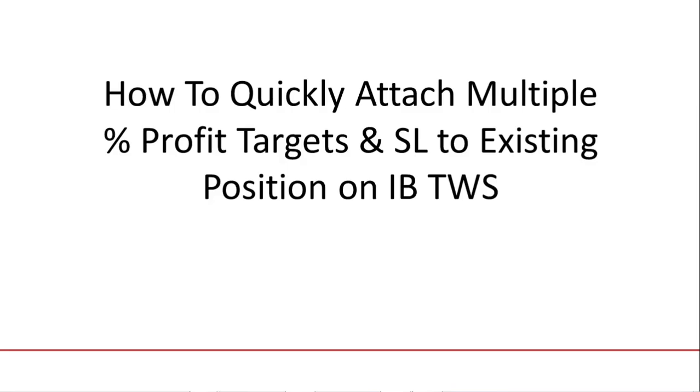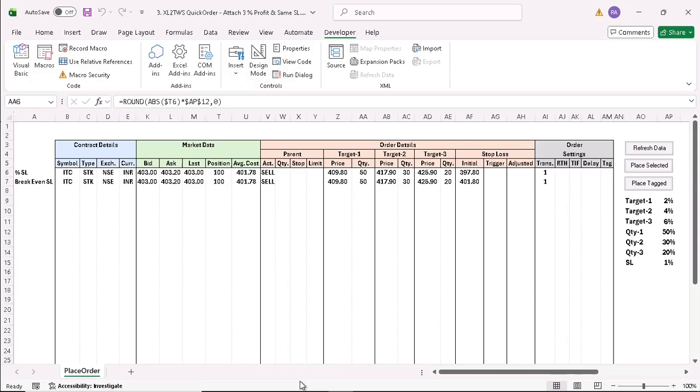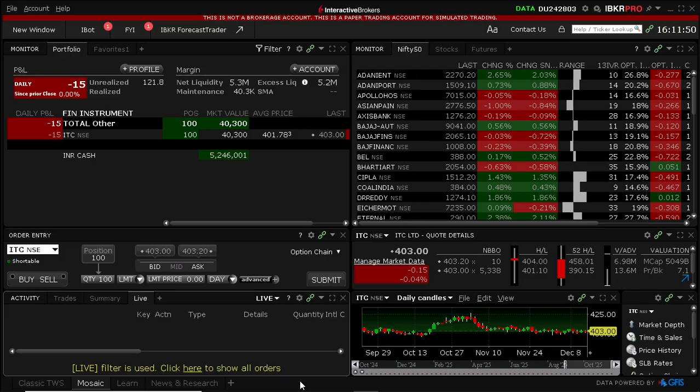Hi guys, in this video I'll show how you can quickly attach multiple percentage based profit targets and stop loss to an existing position on Interactive Brokers TWS using Excel. So let's get started. I have opened the Excel tool and I have also logged into my Interactive Brokers TWS paper trading account. And as you can see, I'm currently long in ITC 100 shares with average purchase price of